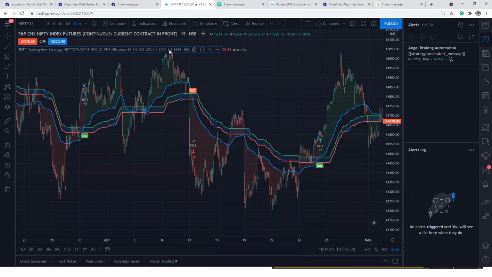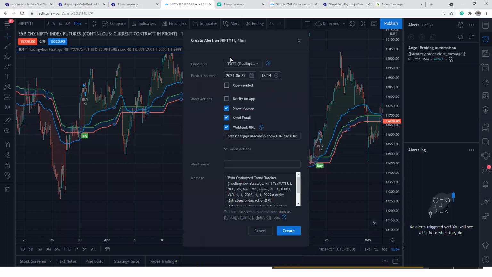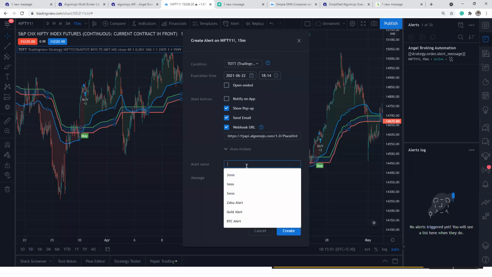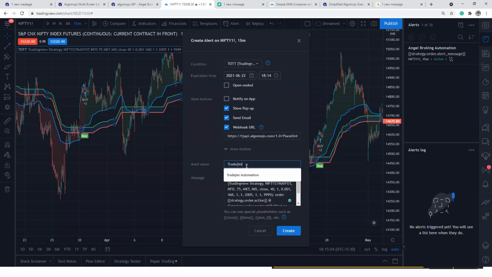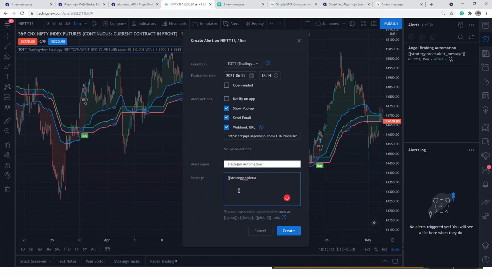Once the configuration is done and the API key and API secret key are set, only then should you finally go and configure the alert. Alert configuration is always the final process. So TradeGenie automation. Okay. And I'll say strategy dot order dot alert underscore message.